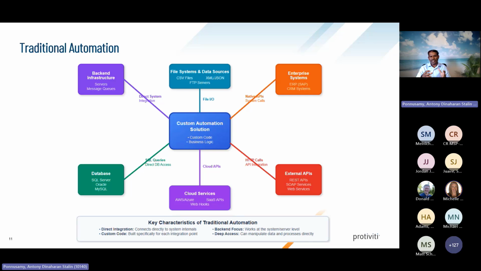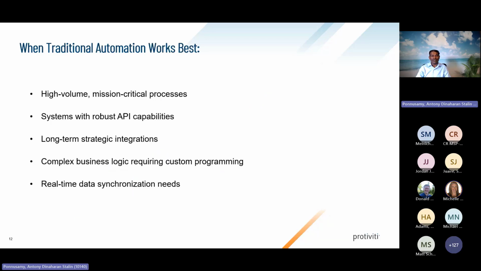And generally it takes a little bit longer development cycle. Sometimes it's a month to a year, based on the complexity. But that's where it's best. The traditional automation is always the best when you have high volume and mission critical processes. Okay,